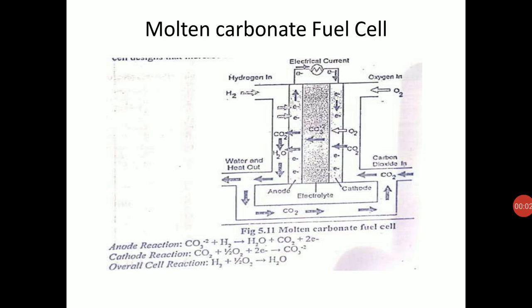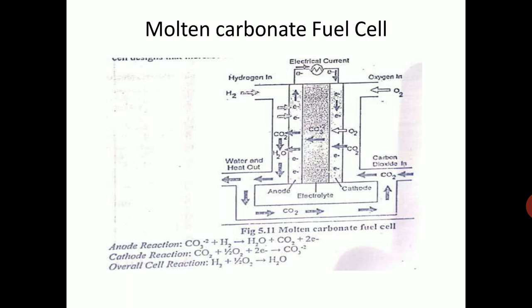Hello students, now continuing our discussion on fuel cells. In this discussion we shall look into the molten carbonate fuel cell. So as you see, it is like the earlier fuel cell we have seen. This fuel cell also contains an anode and hydrogen gas is supplied through the anode. Not necessarily hydrogen. Here you can have methane gas or ammonia gas.